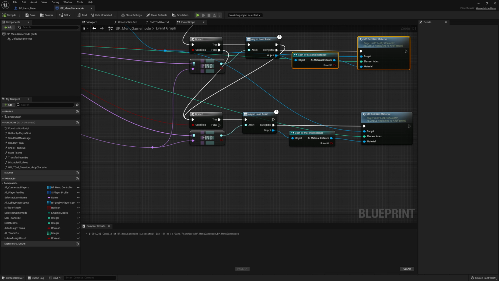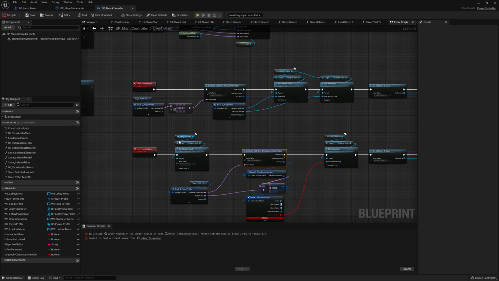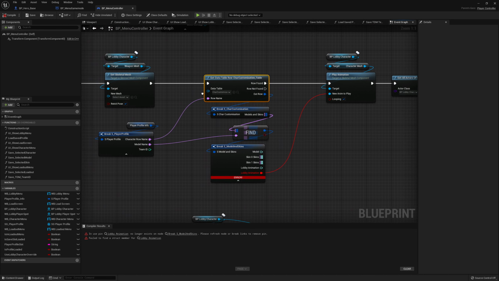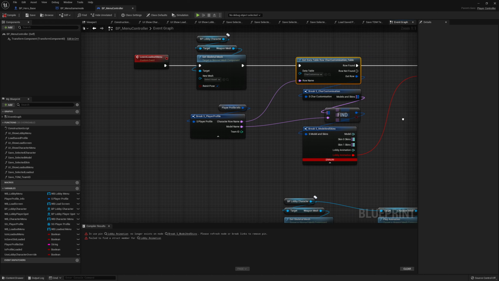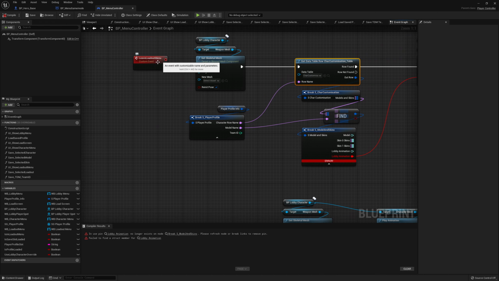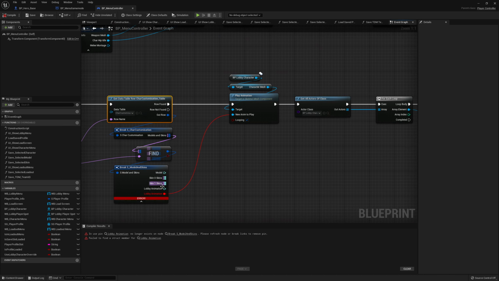So let's get back to our find result over here. So there's 2 in the menu game mode, we just did both of them, and then we have one inside of the menu controller, so let's double check this one. And we're actually using the lobby animation over here, so we do need to fix this one up in the LeaveLoadoutMenu event. And this is actually pretty simple, so we can just grab our soft object reference